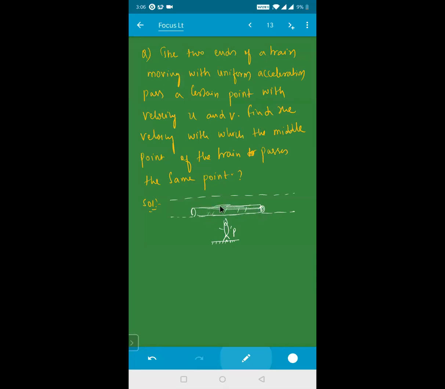ठीक है, this one. Sir, under root u square plus v square by 2. Very good. So this one is moving with velocity v, and this one is moving with velocity u, and this is the middle part of this one. Suppose the middle part is moving with velocity v dash. So total distance, middle part matlab ये distance is s by 2, this distance is also s by 2. If the total distance of the train is s, the middle point means this will be s by 2, this will be your s by 2. So this is a point P.